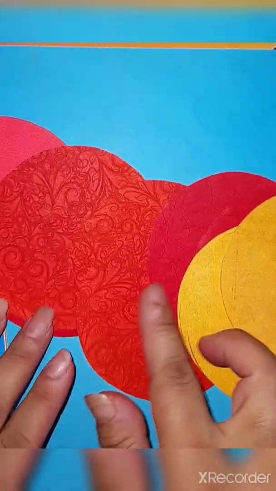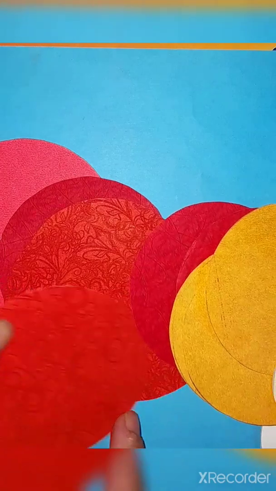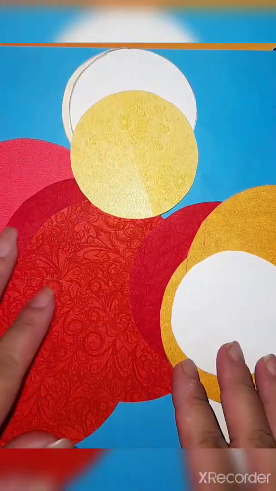You can take any round object or a bangle or compasses, with radii of 2 centimeter and 3 centimeter, then you can cut circles from different colorful cards. If you don't have cards in your homes, then you can use simple white paper, and then you can color it.